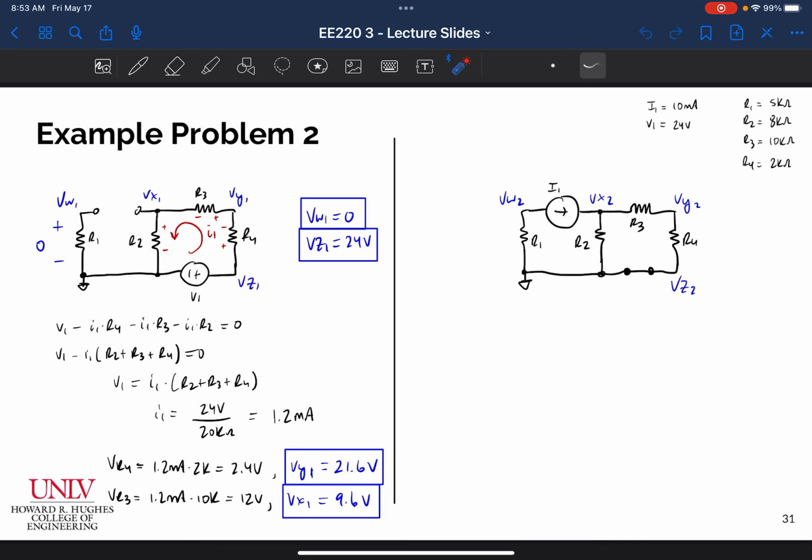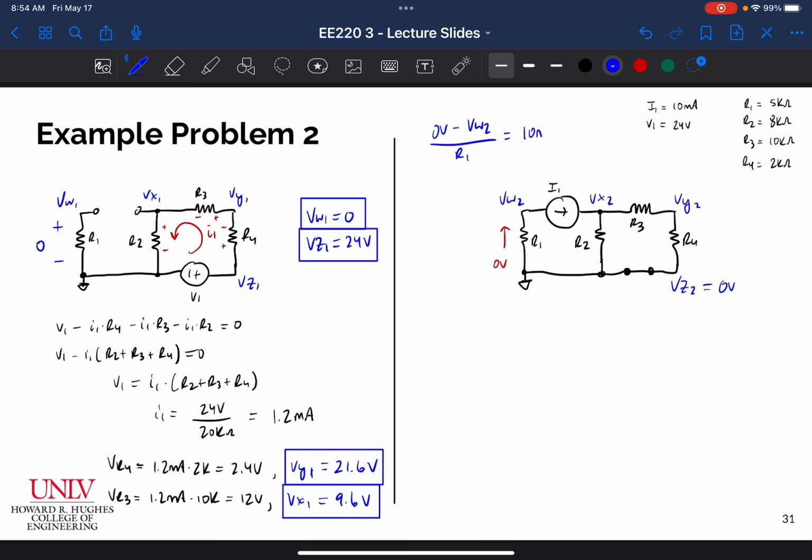And there's another one that we can find very quickly, though it might not be trivial to recognize. VW2: we know the current I1 has to flow in this branch so that it can flow in the current source, right? And if that's the case, we already know the current flowing through this R1, and we know R1, so we can really quickly find VW2. It's going to be 0 volts minus VW2 over R1, which gives me the current that flows in that current source,